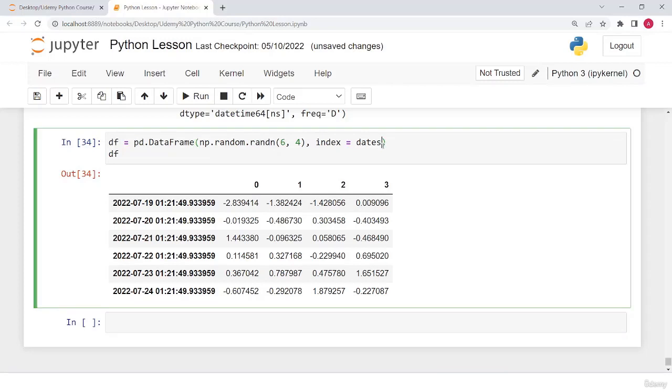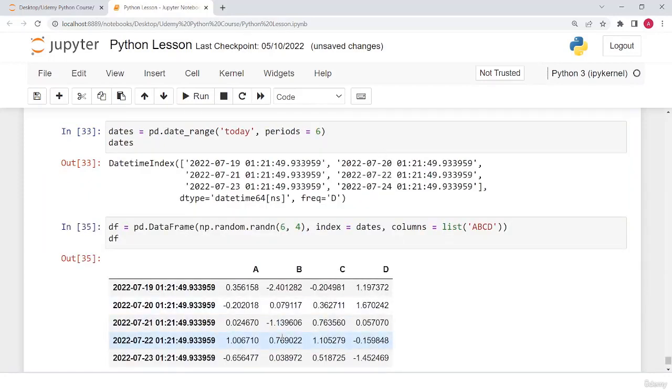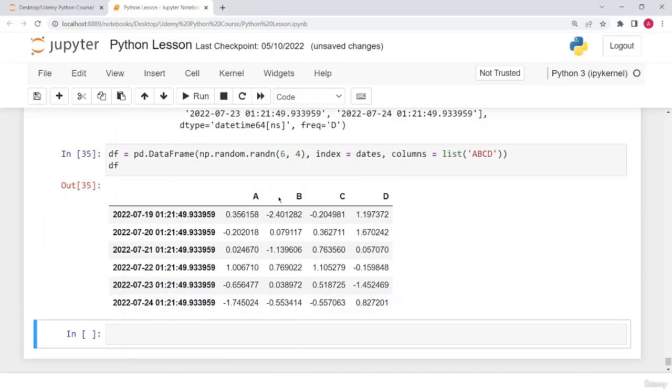Like we can define here the columns equal to, we want the list of letters A, B, C, D. And here we go. So we have replaced numbers with these letters. Now let's move on and let's see some advanced functions using pandas, and we are going to work specifically